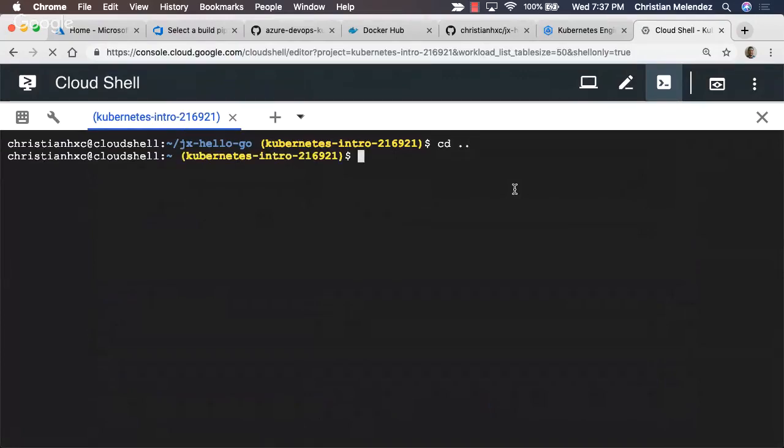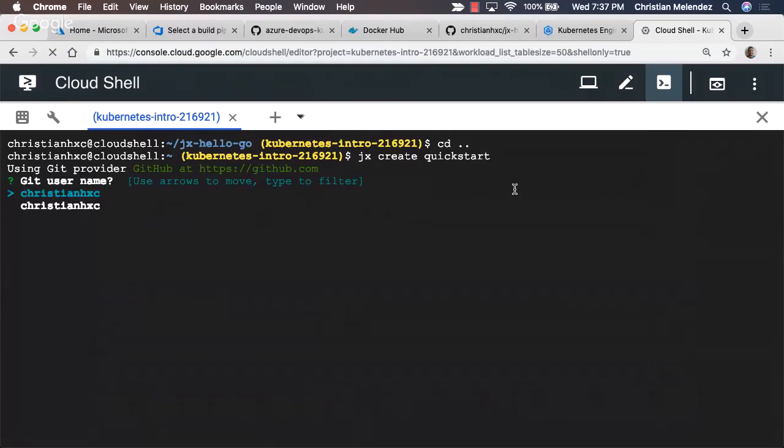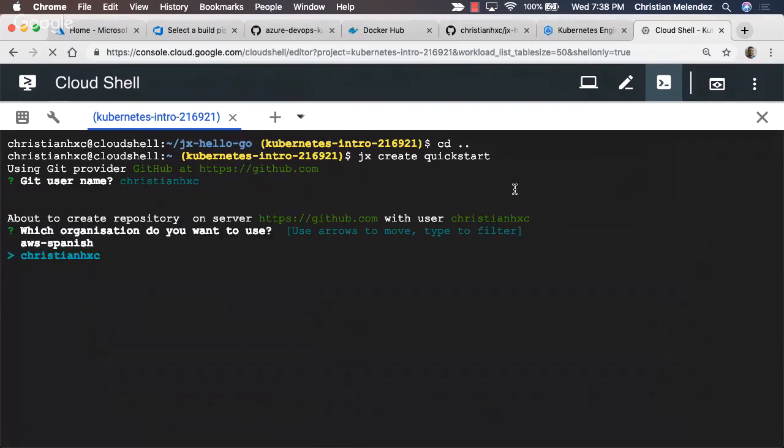So I'm going to open here and run jx create quickstart. I'm just going to click OK. It's going to ask me which user I would like to use, the organization that I would like to use for GitHub, which is my username, and I'm going to enter the repository name, which will be something like the name of the application, DevOps Live.